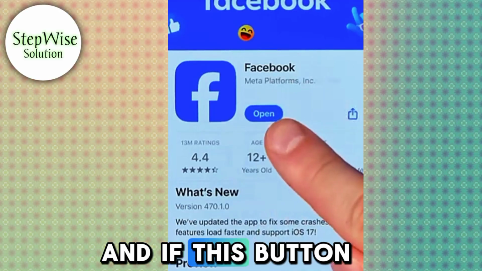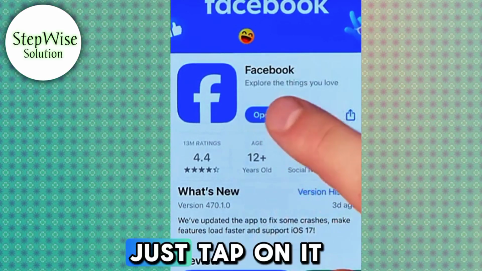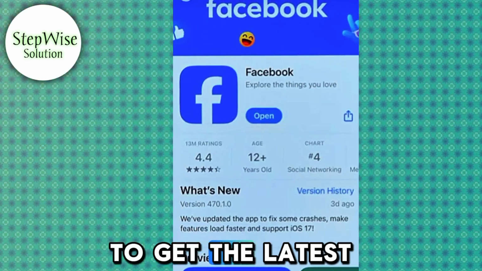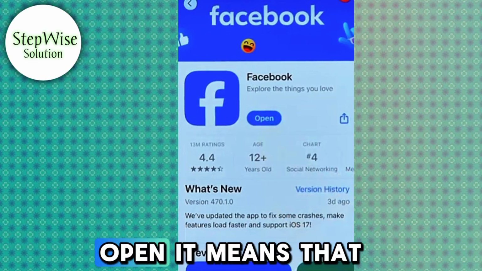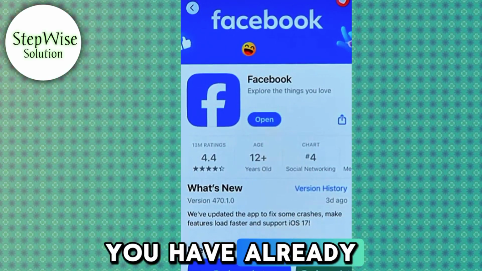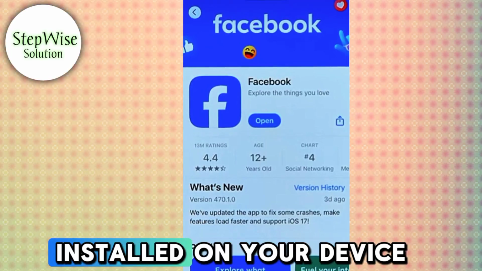And if this button says update, just tap on it to get the latest Facebook app version. If the button says open, it means that you already have the latest app version installed on your